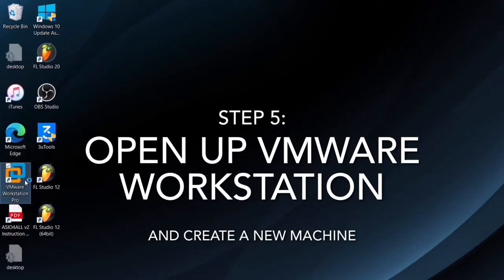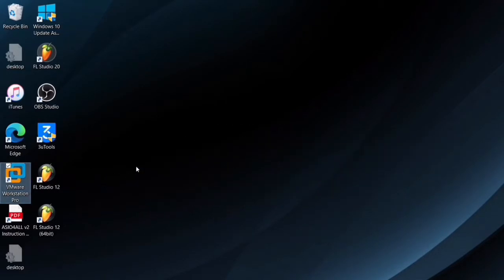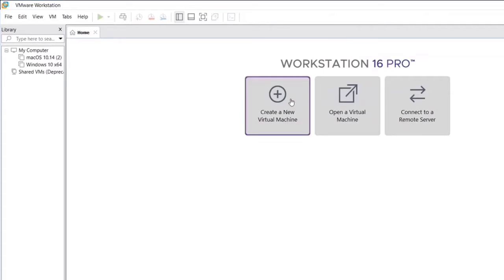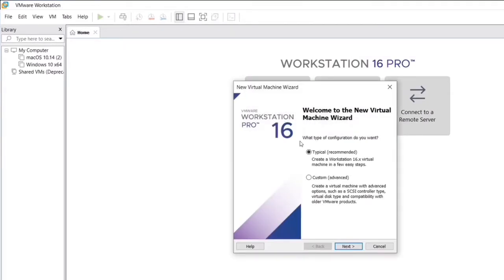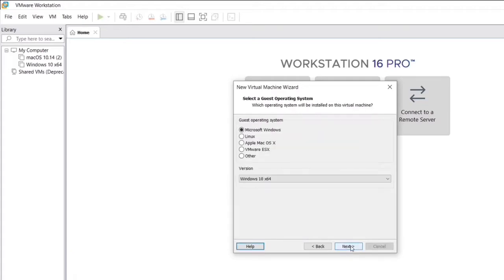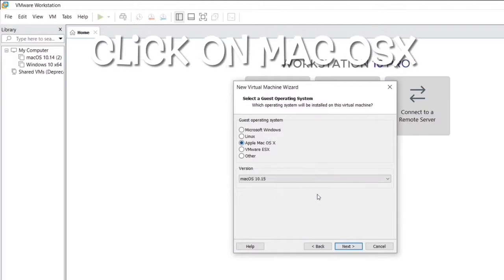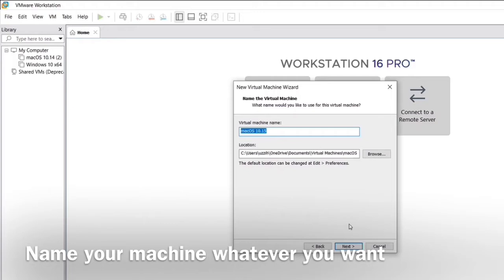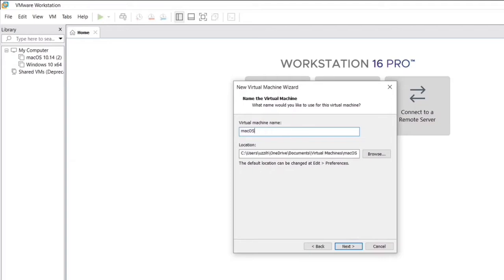So now you're gonna open up VMware Workstation, and you're gonna open up a new machine. Alright, create new virtual machine. And you're gonna go with the typical settings, except for a few differences. So click next, and then you're gonna click Apple macOS, OSX, whatever. And you can name it whatever you want. You can name it Jim, Greg, macOS. I name mine macOS